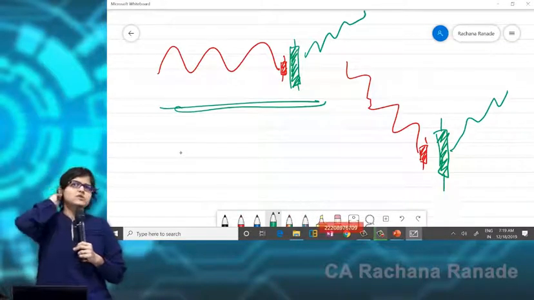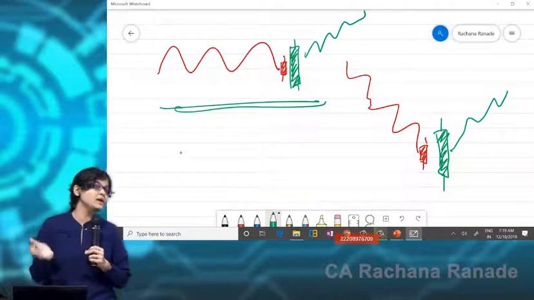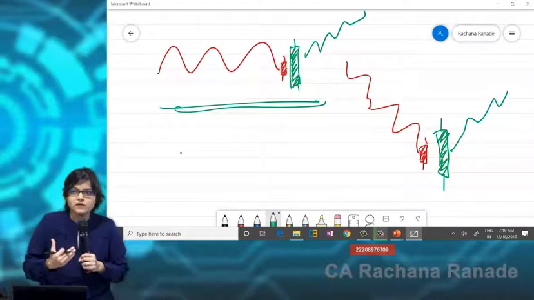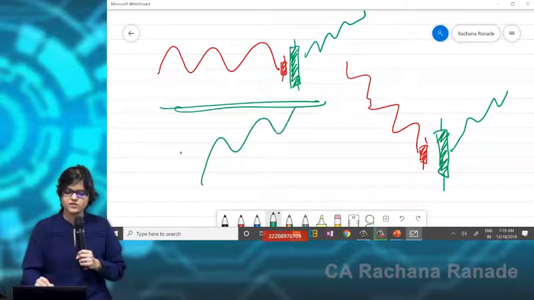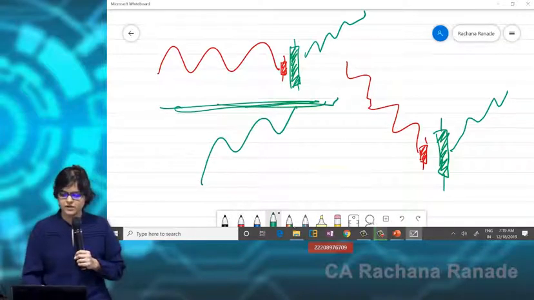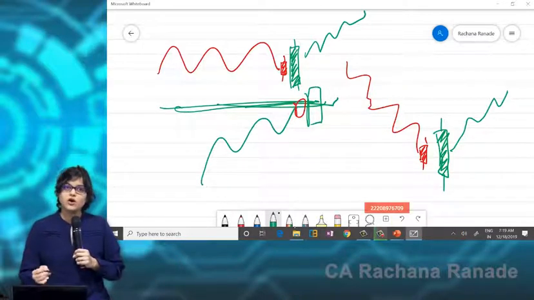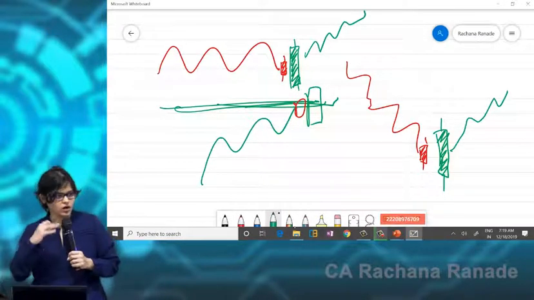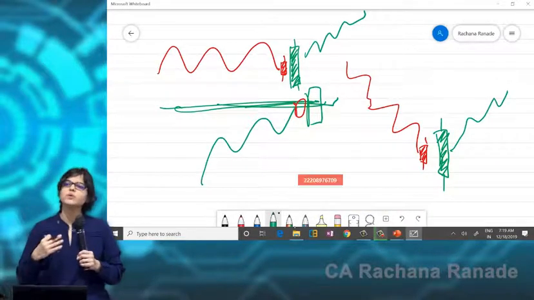Can you also check whether it is near the support level? If it is near the support level, accompanied with a bullish engulfing candlestick, can I say that is a better call to take? Absolutely. So let us say something like this, and assume this is the resistance level, and here you see that pattern, bullish engulfing. Is this powerful? It's already an uptrend. So either it should be towards the end of a down move for an uptrend, or towards the end of a bear phase, then this will be more powerful.